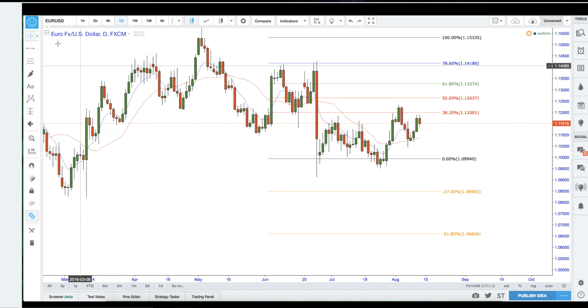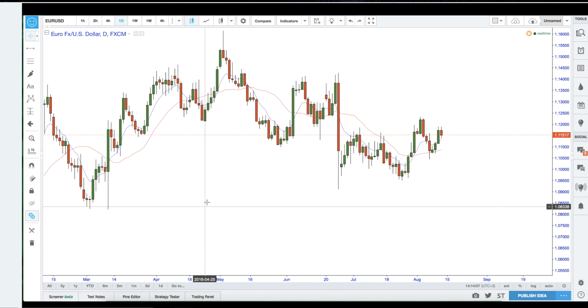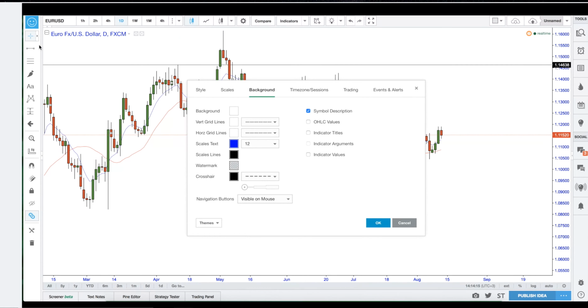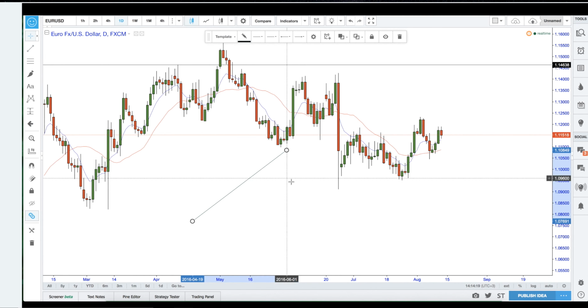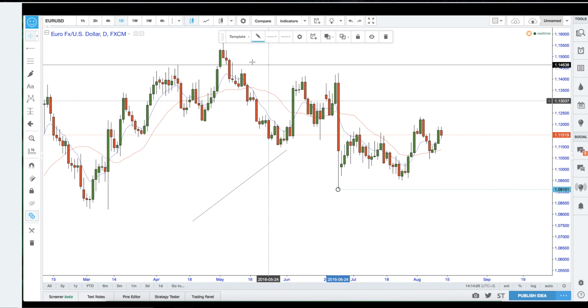That is it. Now, okay, so the fib's done, moving averages are done. I've explained the time frames. Next, we're going to go into the simple tools. So horizontal line should be black, thin black. Trend line, this should be black as well, simple as that. Horizontal ray, this one is more or less used for key levels of support on the daily time frame and the 4 hour. So I like to have this blue, and I like to just bump up the thickness a little bit,